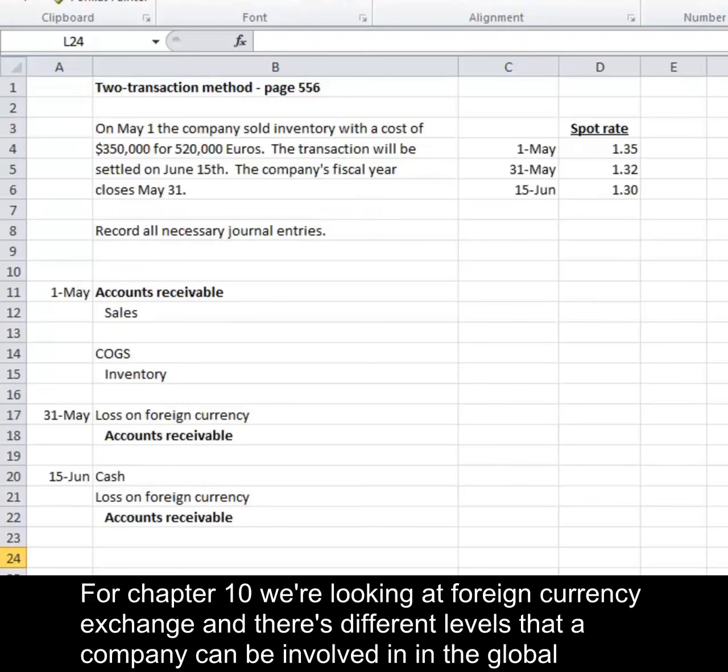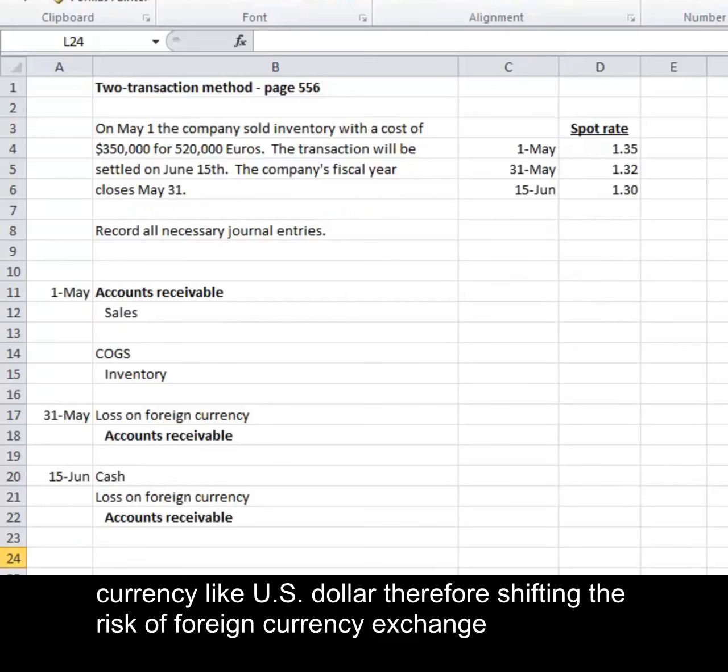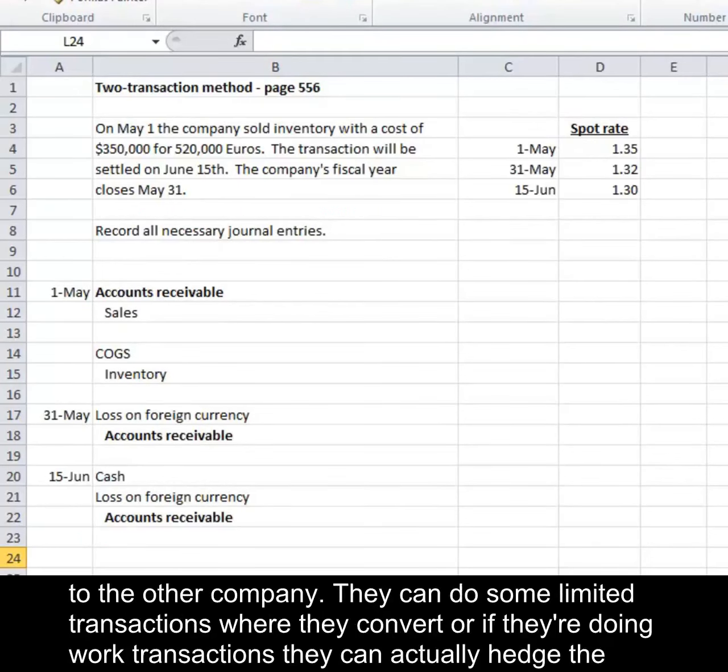For Chapter 10, we're looking at foreign currency exchange, and there are different levels that a company can be involved in the global marketplace. They can do a few transactions and require those transactions in their local currency, like US dollar, therefore shifting the risk of foreign currency exchange to the other company. They can do some limited transactions where they convert, or